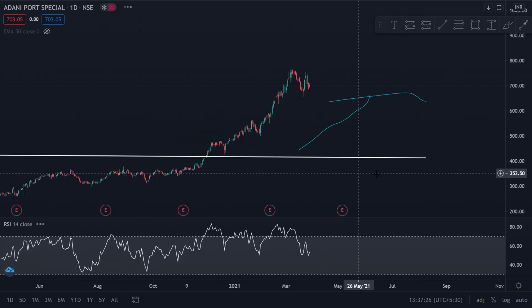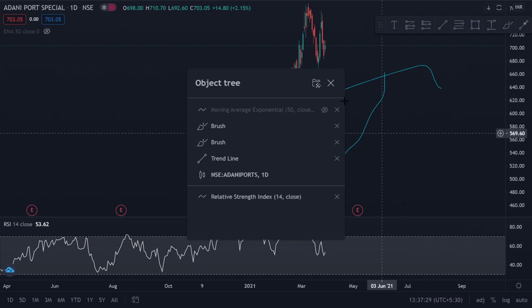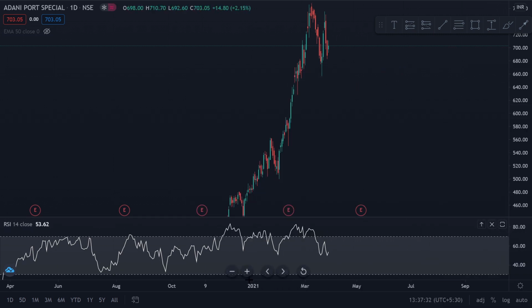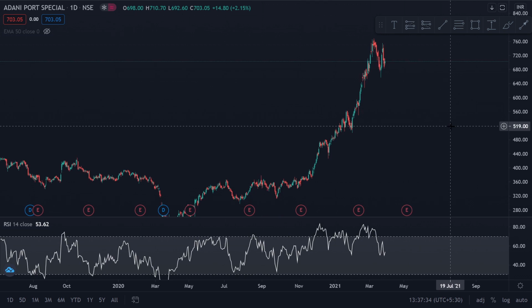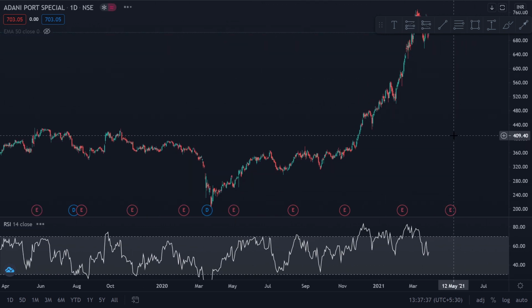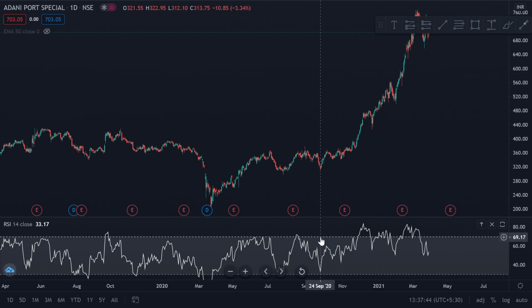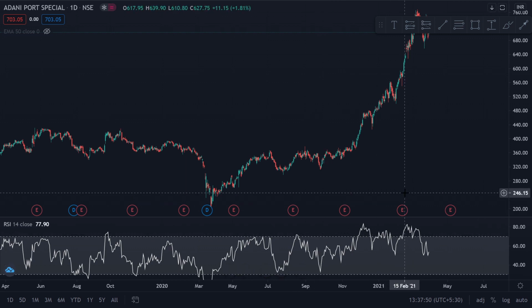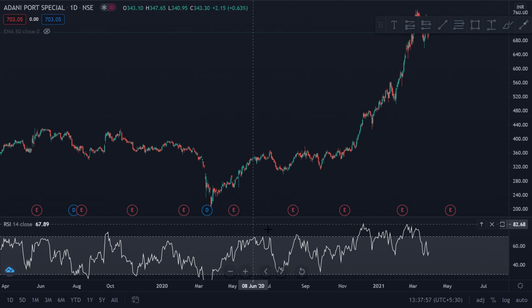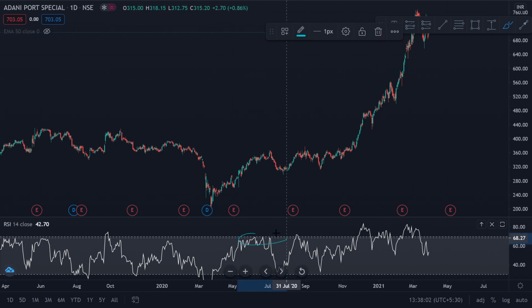Now if I go to the daily time frame and I clear this out, if you observe the RSI, like in every other tutorial video, what people would generally tell you is when the RSI touches 70 or 80 or goes into the overbought region, that is a sell signal, right? By definition and by the other tutorials you watch, it will mostly be okay, RSI is here, sell the stock.